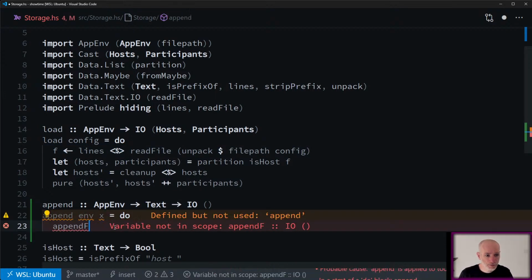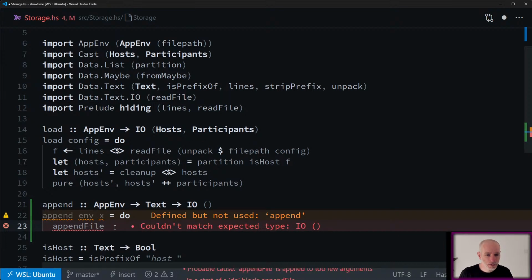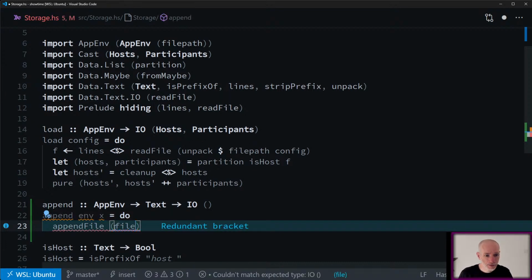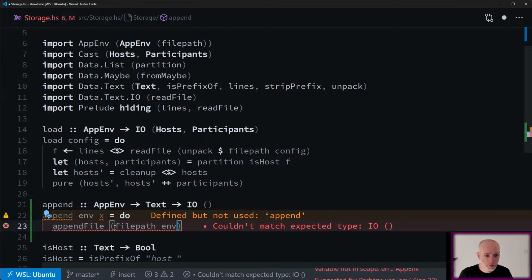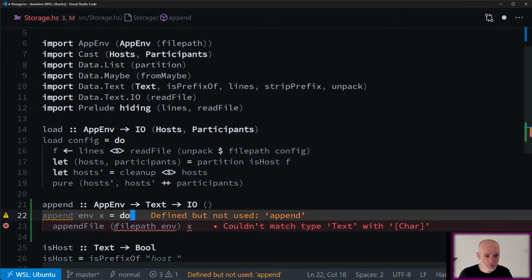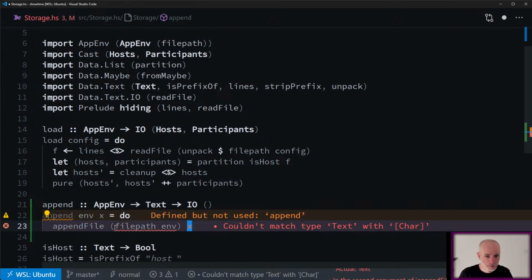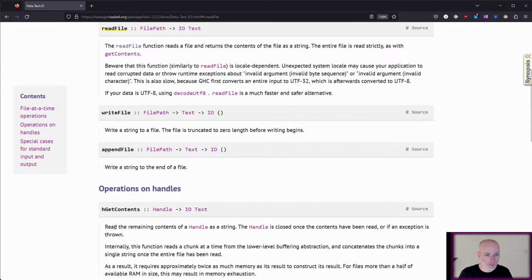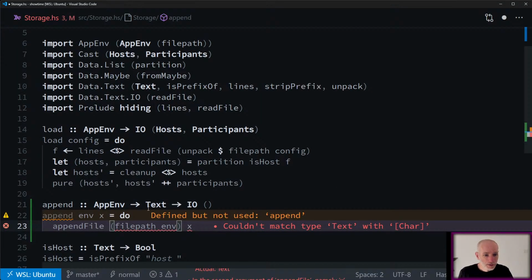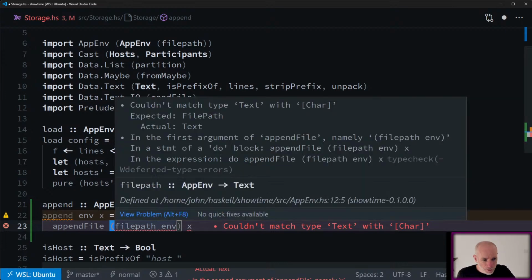You say append file, file path from our environment .x. Not happy. And file path. What's file path here? Oh, it's just a type alias for string. Okay. Too much text, list a character.